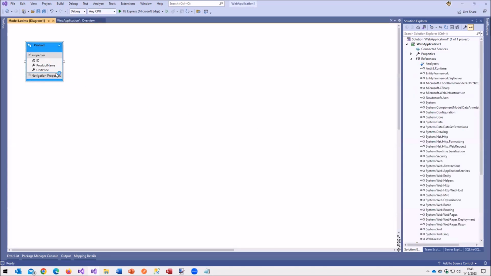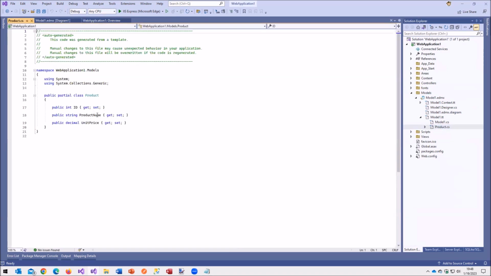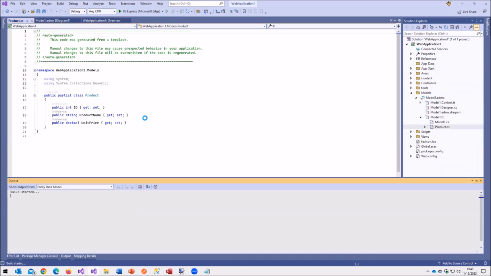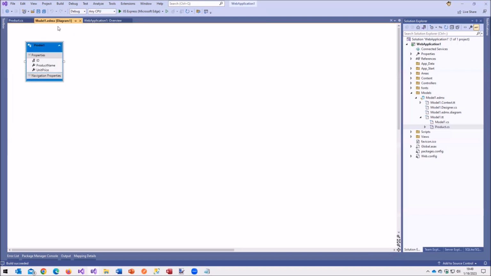Okay, so there's the visual. You can see there's product ID, product name, unit price. That maps to a C# object that has been created called product.cs. And what's going to happen is that the web API that I'm building right now is going to use that to do the updates and so forth. So now, I did, right? I created a web API. I created an entity framework model pointing to an existing database. Visual Studio went off. Entity Framework actually went off and reverse engineered that database.